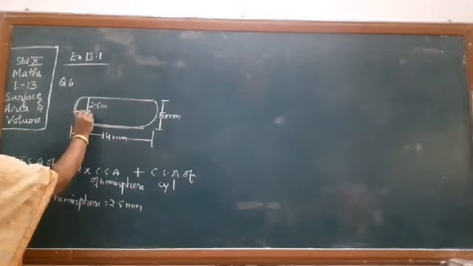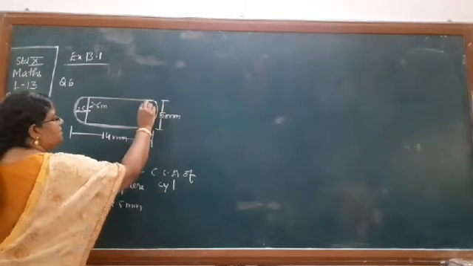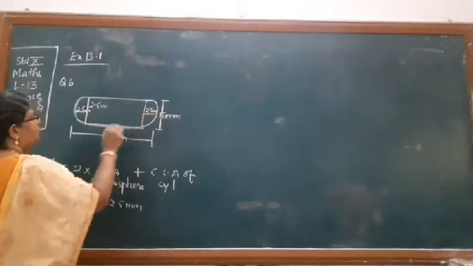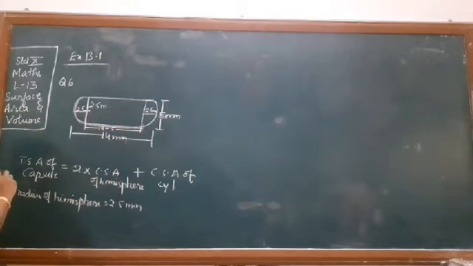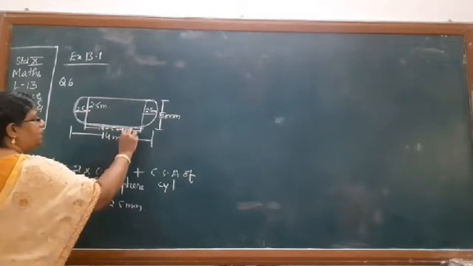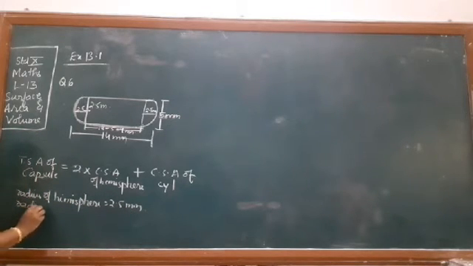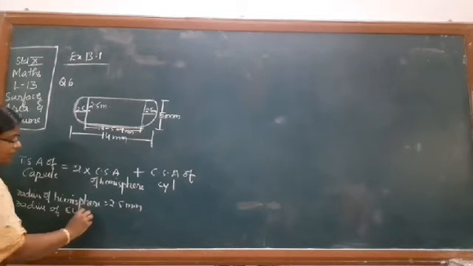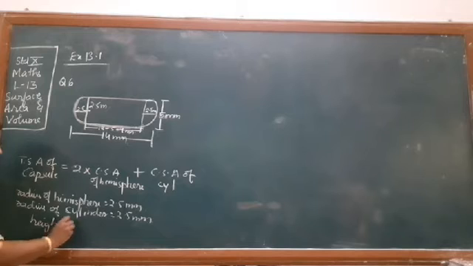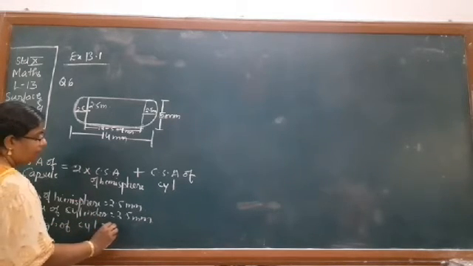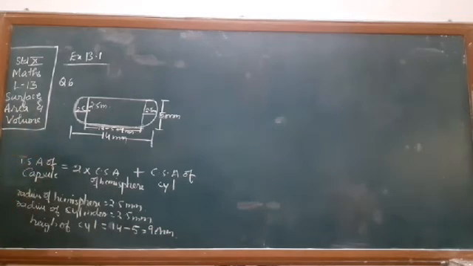Now the radius is 2.5, meaning this height is 2.5. And from here to here, this height is also a hemisphere, so this height is also 2.5 millimeter. Then what will be the height of the cylinder? It will be 14 minus 5, because 2 times 2.5 is 5, and 14 minus 5 will be equal to 9 millimeter. So radius of hemisphere is 2.5. Even the radius of the cylinder will also be 2.5 millimeter, and height of cylinder will be 9, which is 14 minus 5, equal to 9 millimeter. We have got all the values.